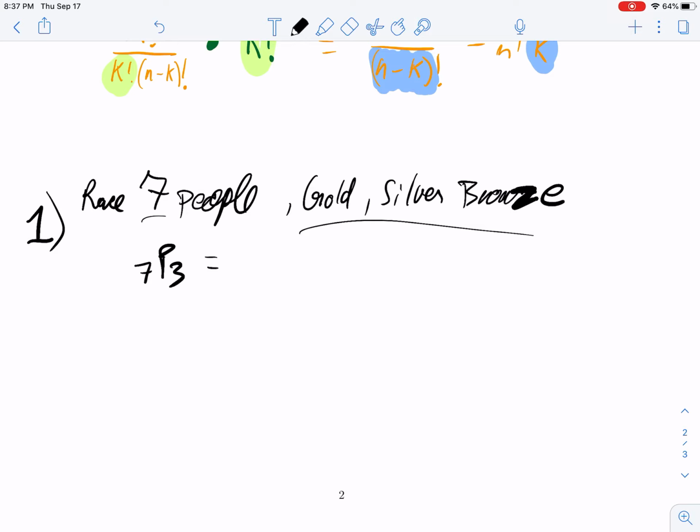7P3, which is 7 factorial over, not 3 factorial, but 4 factorial. Right? 7 minus 3 factorial. 7 times 6 times 5, which is what, 210. Right, so there are 210 ways to give out a gold, silver, and bronze medal, unless Usain Bolt's winning, and